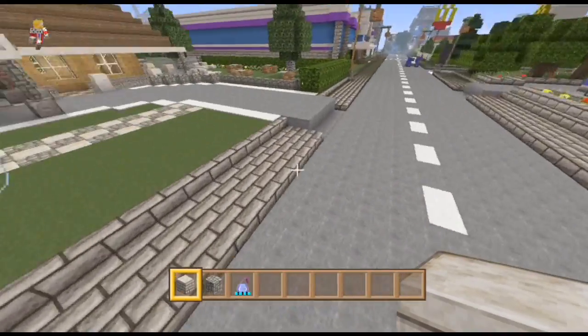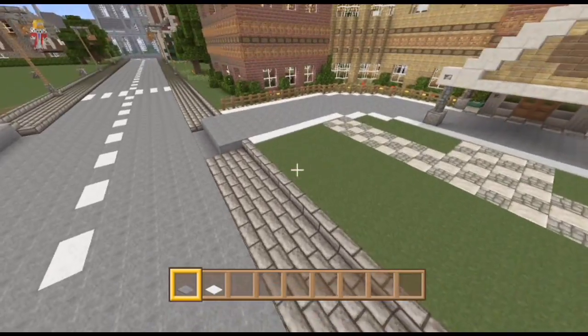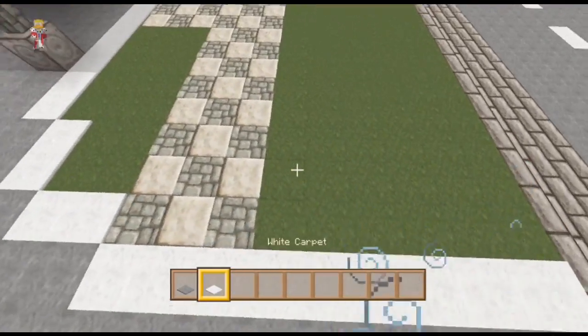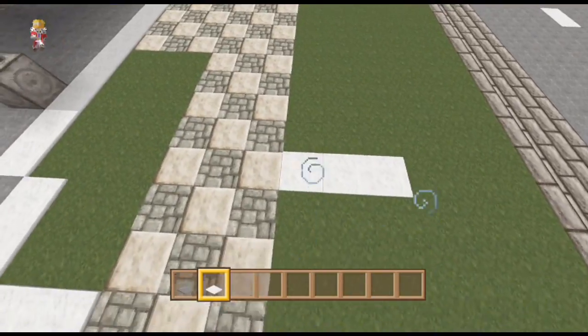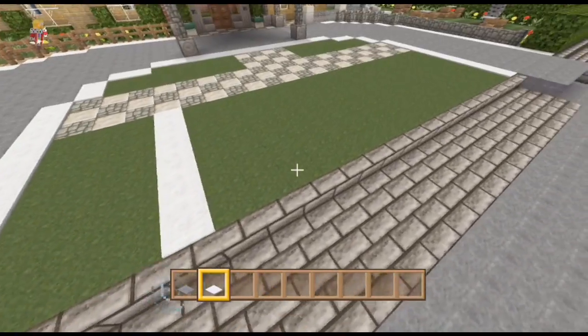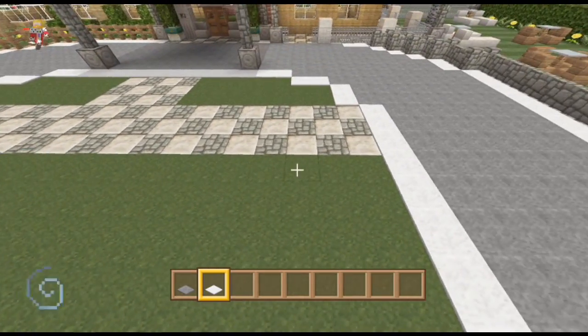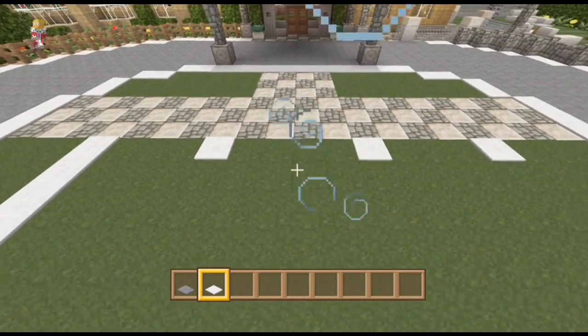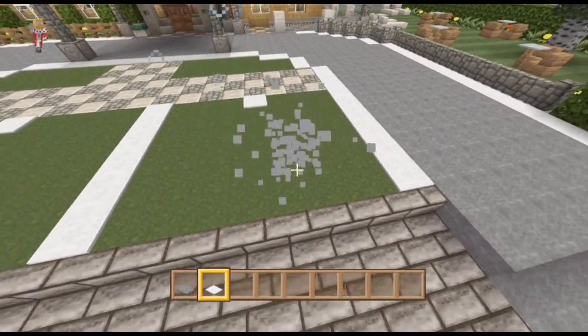Wonderful. Now, at the front here, we can do a little tiny bit of a car park. Our car parks on this world are 6 blocks wide. 1, 2, 3, 4, 5, 6. Perfect. One there, and then one here and one here. That gives us a 4 wide one in the middle, which I think is as good as we can really